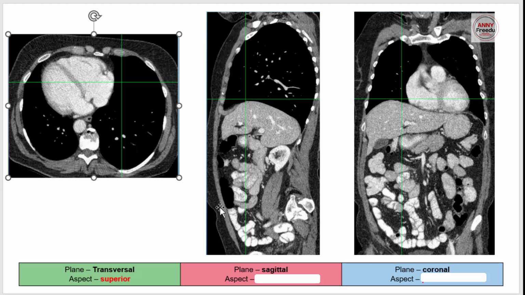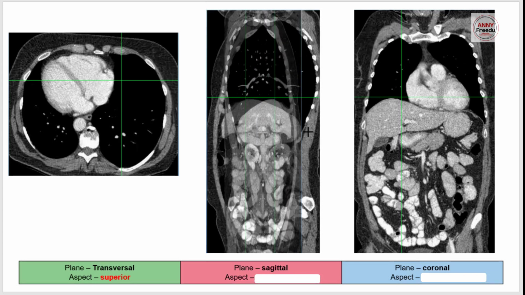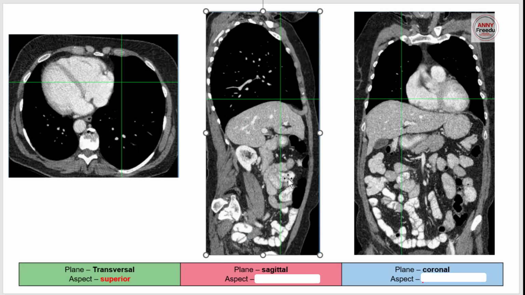In terms of the sagittal plane, we can see that right now, the sagittal plane is observed from the lateral view. But if I show you a mirror image of this screenshot, you will see that now the sagittal plane is observed from the right lateral view, because the chin of this patient is directed to the opposite side. And for the coronal section, right now we are observing this patient from the anterior aspect, because here